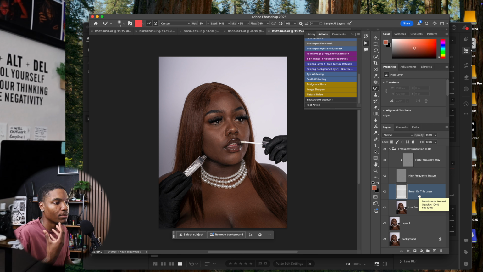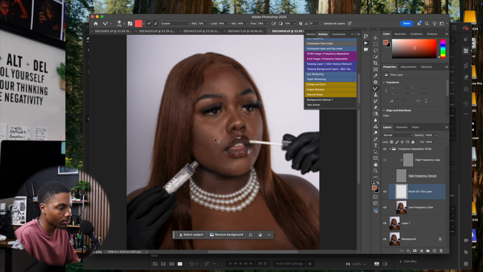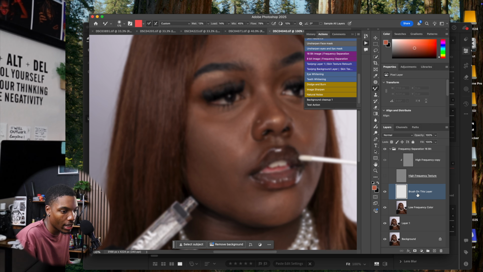You're trying to make them look a little more, or trying to add some contour or different things like that, to add that extra. I'm gonna show you guys that in a minute. This right here is the high frequency texture and this is the high frequency copy. So if you hide this right here, it's gonna create this blur, right? So with this blur, you want to grab this layer right here, the makeup layer,